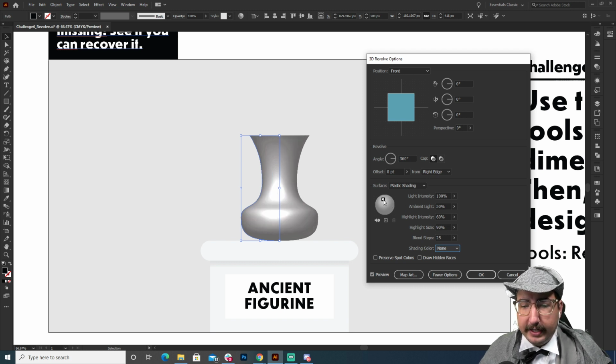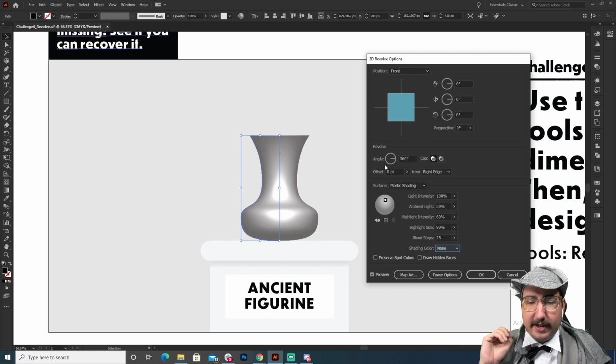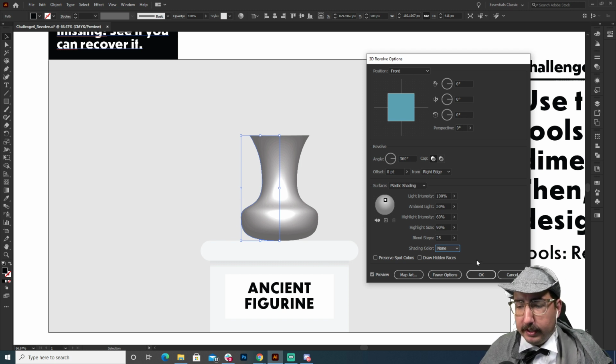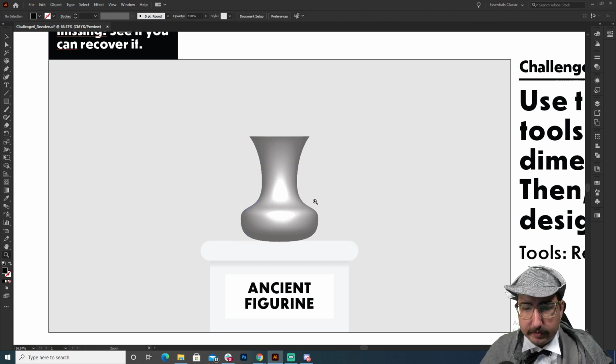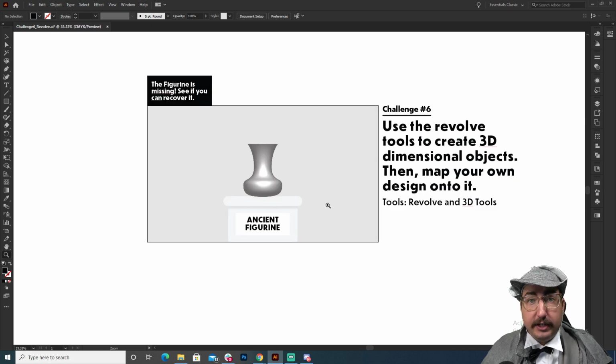We can drag around the lighting to where it needs to go by using this panel right here. Right, so let's say it's a gallery, so the lighting's probably coming from the top down. Very intense light. So it comes from the top down. We've got some nice lighting. It's looking like it's 3D, and it's looking pretty good to me. So we're going to hit OK, and then we are going to make it so that it's sitting right there on that pedestal.